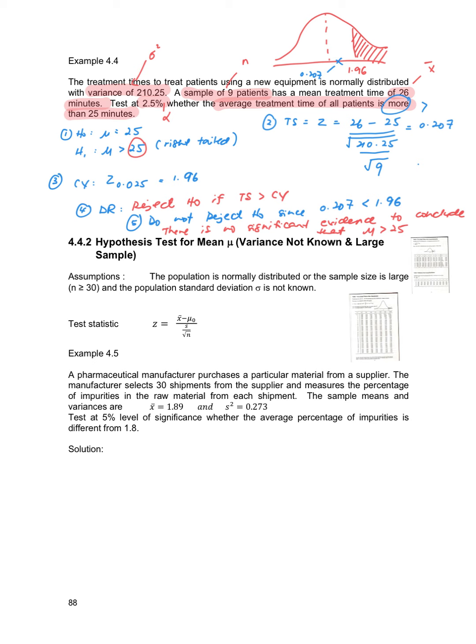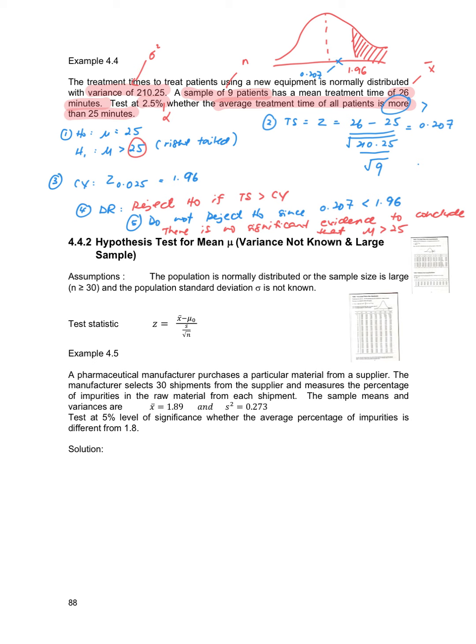So the formula is the test statistic Z equals X bar minus mu naught over S over square root N. Okay, look at example 4.5. A pharmaceutical manufacturer purchases a particular material from a supplier. The manufacturer selects 30 shipments from the supplier and measures the percentage of impurities in the raw material from each shipment. The sample mean and variance are X bar equals 1.89 and S square equals 0.273. Test at 5% level of significance